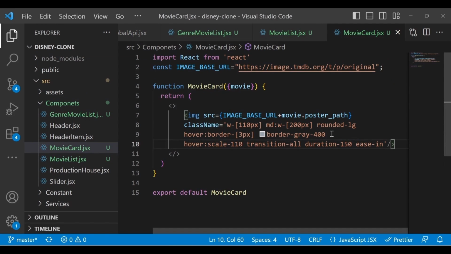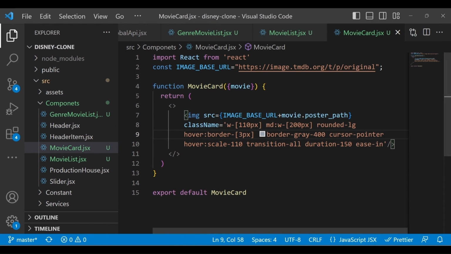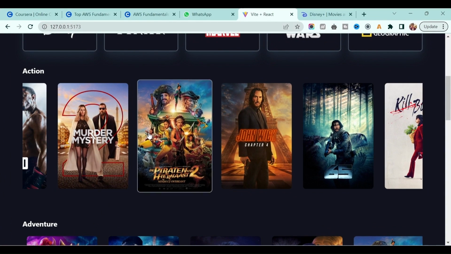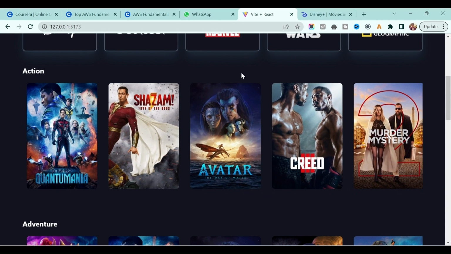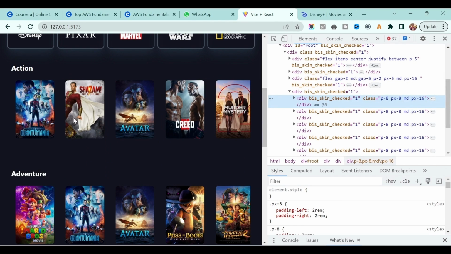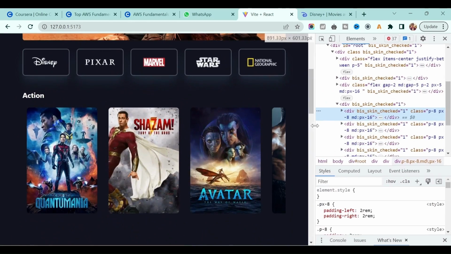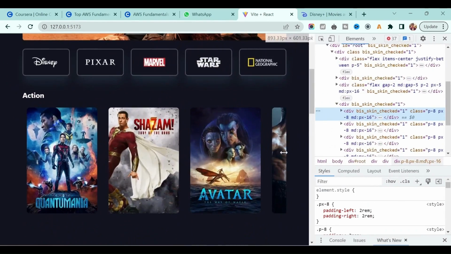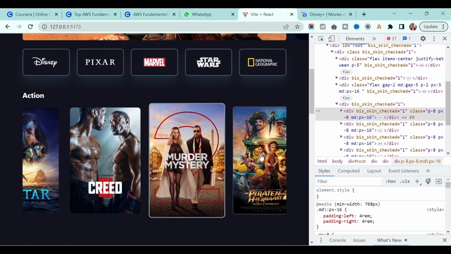Now let's add the cursor pointer as well here, and if you see, it's working fine. Okay, I hope you understand everything until this point. Okay, and also if I decrease the screen size, right, this image size gets changed, and if I set screen size medium, the image size gets changed. Now the point is, how can we move this, because without keyboard you can't move left and right.